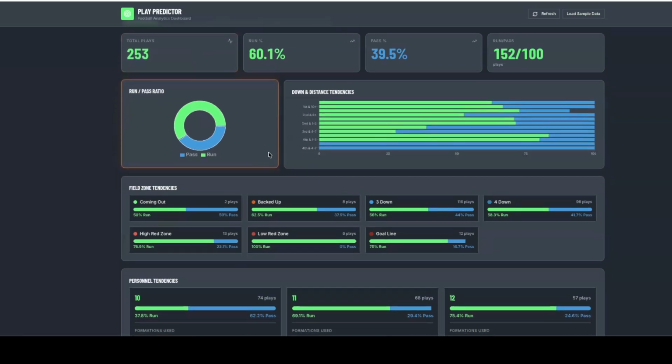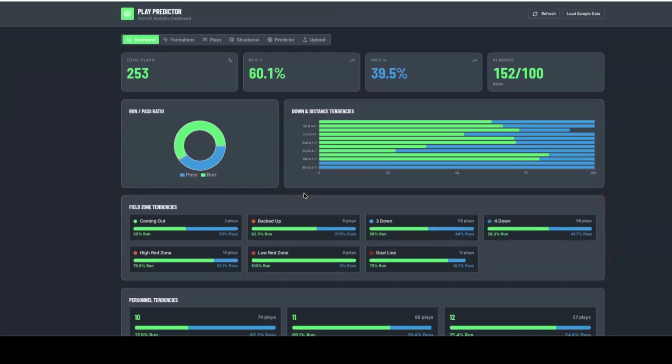And again, how cool is it that you could build your own dashboard that looks like this? How much better of a play caller are you going to be on offense if you know when they're bringing pressure and where they're bringing it from, what coverage they're going to play? How much better of a play caller are you going to be on defense when you know what they're going to do on first and 10 in 10 personnel? Instead of saying they run 700 different plays, you can get an idea: in this situation, we're getting this, or this. Hey, we're getting one of these three things. Hey, we're getting something from this play family or this play family. I can make a lot better play call.